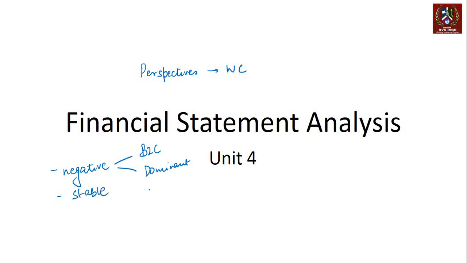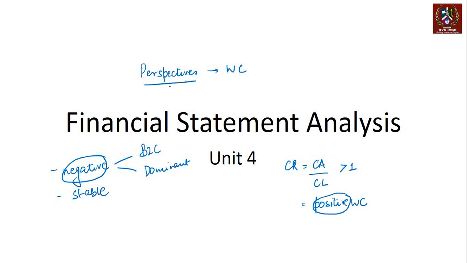working capital. On the other hand, we've also studied the current ratio, which is current assets by current liabilities. A lot of the textbooks suggest that this should be greater than 1, which basically means that we should have positive working capital. Now, when you combine these two thoughts, some part of our discussion says negative is better, some part says positive is better, and that's where it is important to understand from whose perspective we are looking at this entire problem. Who is it for whom this analysis is being done, right?